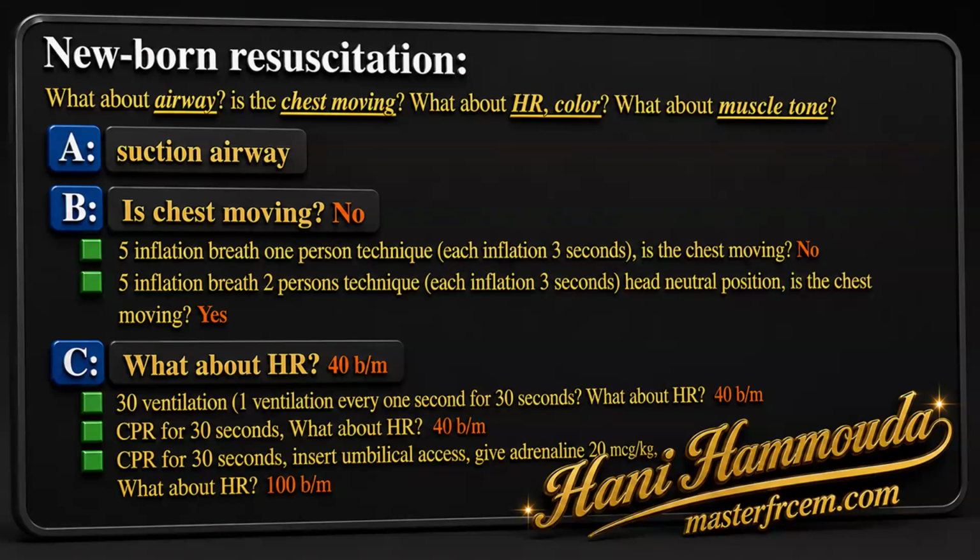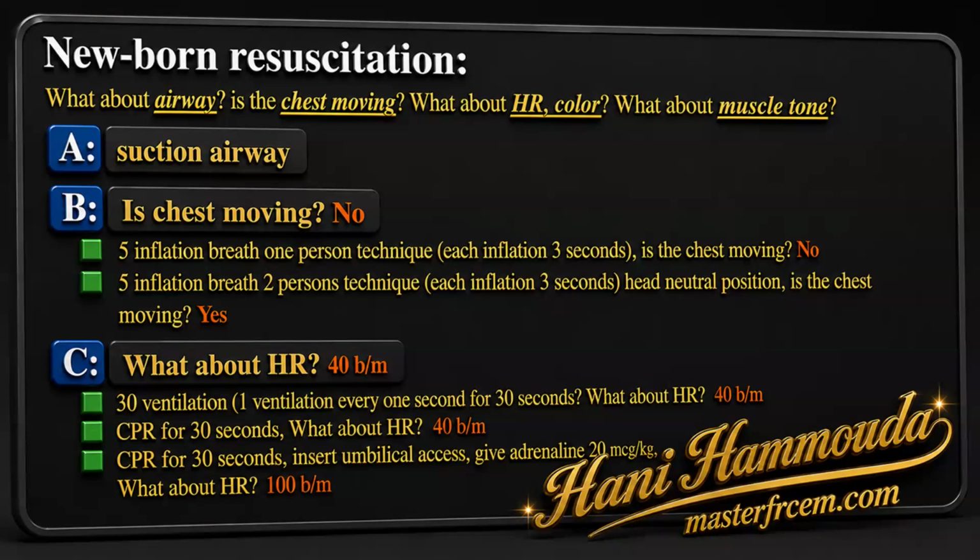Okay, so we have also failed the 2-person technique. Now we will go for intubation for this baby, and while doing that, we will give 30 ventilation breaths. Failed intubation. Okay, we can have an LMA. Do we have an LMA for this baby? Can we insert the LMA? And now can we give 30 ventilation breaths over 30 seconds? Are we appreciating chest rise?